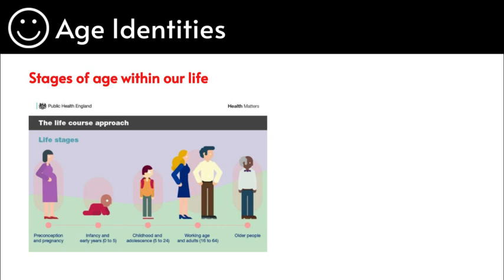So this is the life course approach which we need to be aware of, which is quite similar because every single individual's identity forms on this structure because we all go through this structure. Not one person goes through elderly whilst other people just don't get old. Everyone goes through this age structure, which is very important to understand.